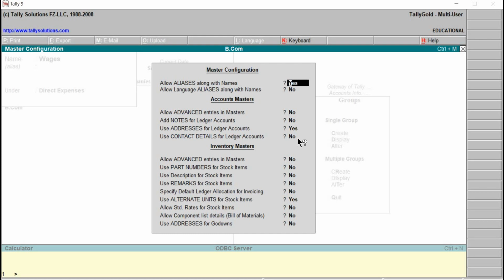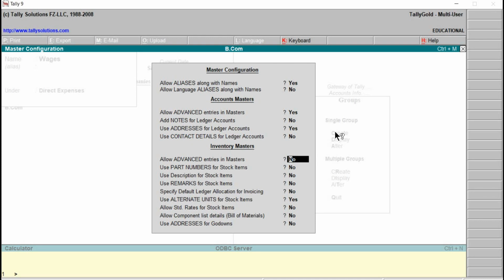This is all regarding the configuration, but here what changes have to be done? Just go back to accounts master, allow advanced entries in the master where no is there, make it yes. Just type here Y, right? Then press enter, enter, enter.